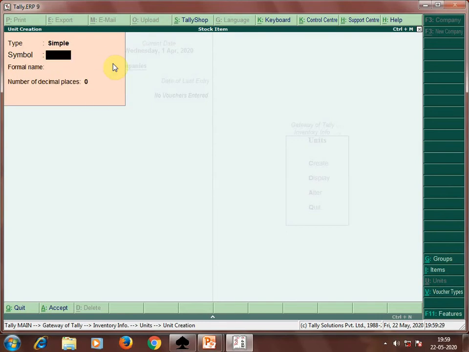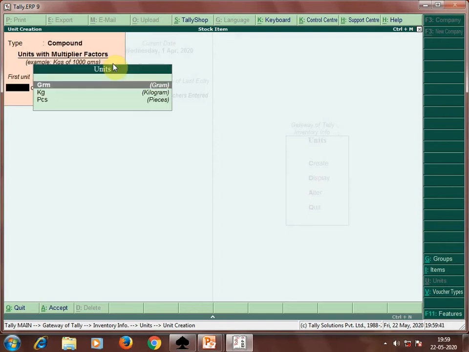Now we are going to make a compound unit combining these 2 simple units, that is kg and gram. Now press backspace once and set it as compound. Now here under first unit we have to select the big unit, that is here kg.